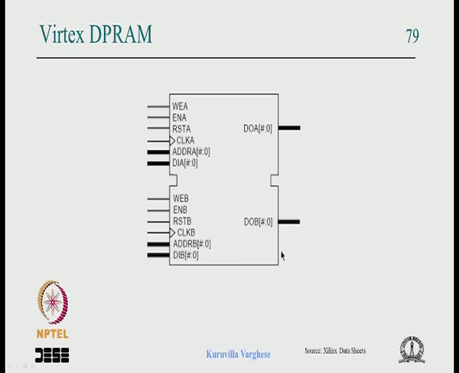What you can do is that, though the tool allows it, you can instantiate the template for this using a tool called core generator. And if you see, this dual port memory is quite useful because, unlike the normal memory with a single port, it has 2 ports. So you can see that there are 2 address lines, 2 data lines, 2 write lines, 2 enable lines, and all that. So this is a single memory, and of course the data input and data output are